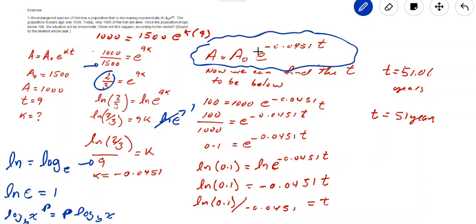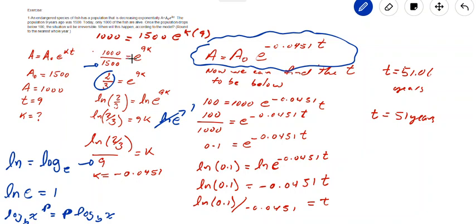In the second part of the problem, they say that once the population drops below 100, the situation will be irreversible. So they ask you when this will happen according to this model. We have the same trend for the next years. So when will the population be below 100